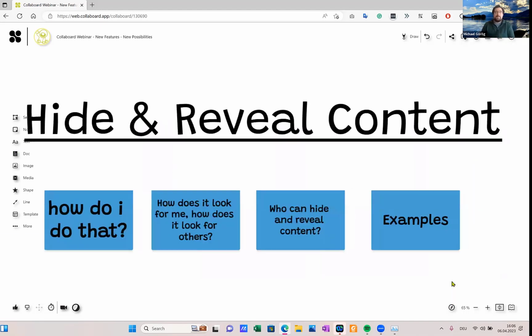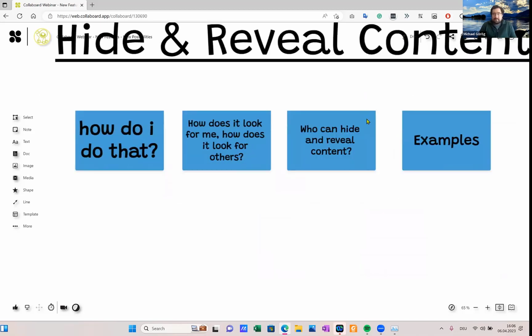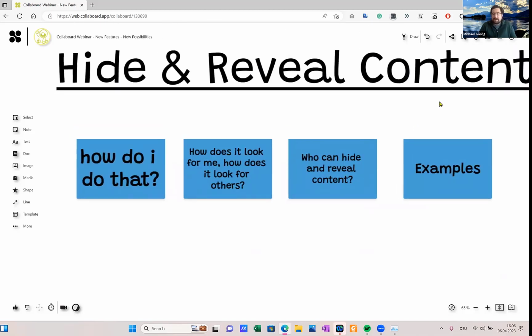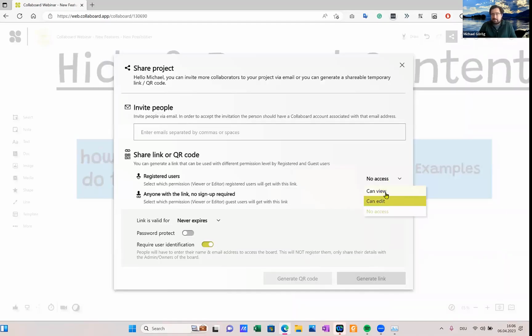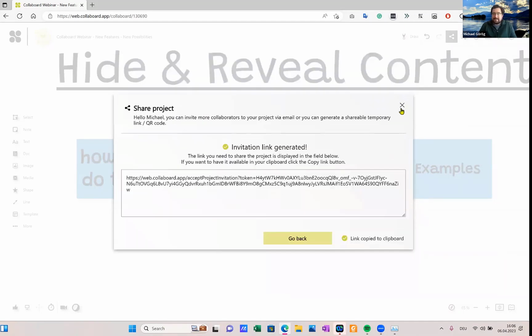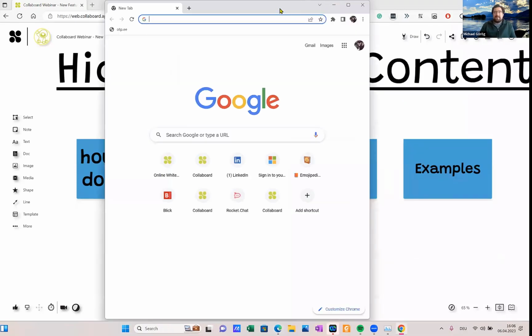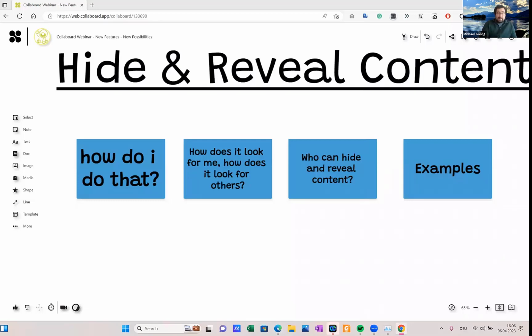Let's start with the hide and reveal content feature. How do you do that and how does it work? In the end, it's very simple, but it's super powerful. To showcase this in a good way, we will do the following: I'm inviting another user. I'm creating an access link here, copying that, and I will open a second browser on my laptop so I can show you this in a good way. And it's super easy to hide and reveal content,